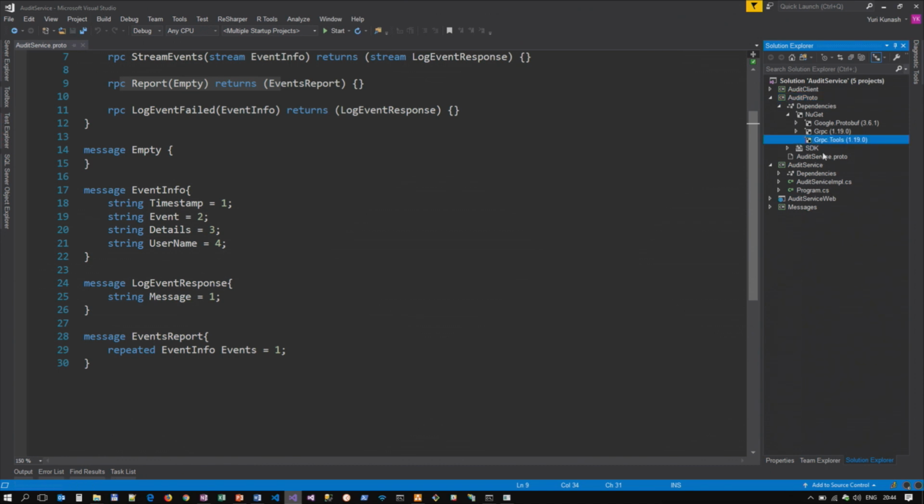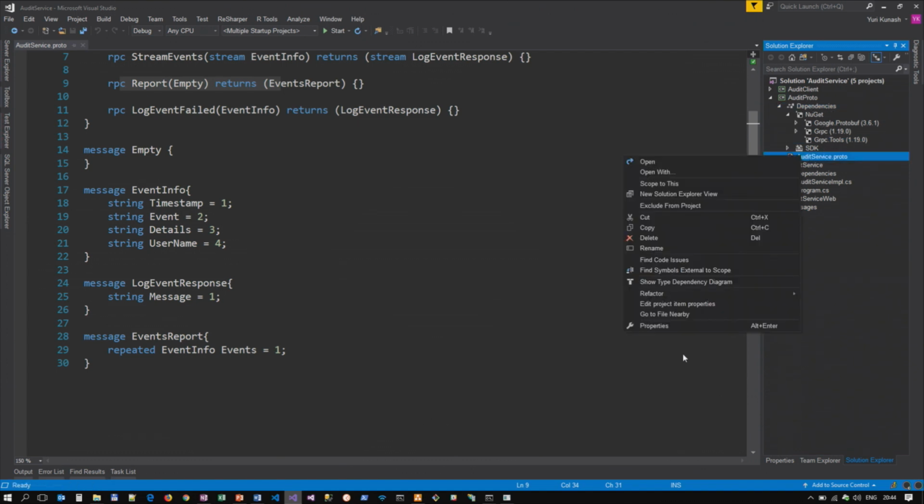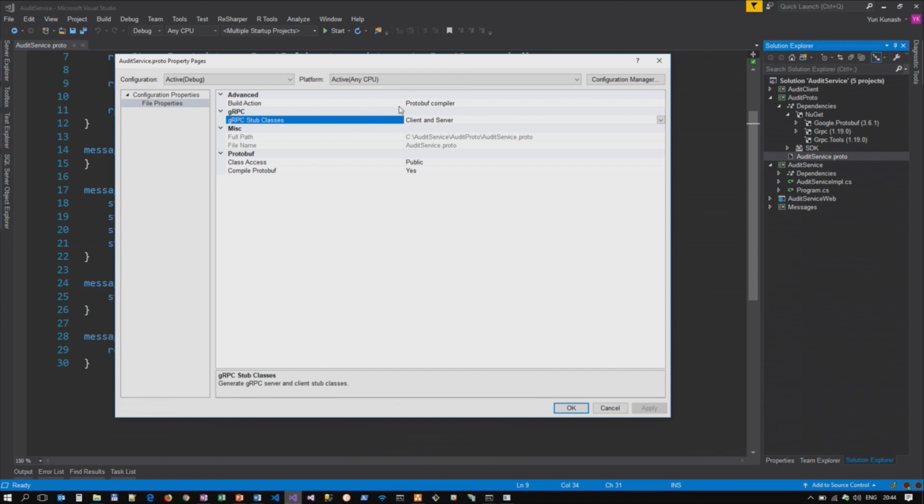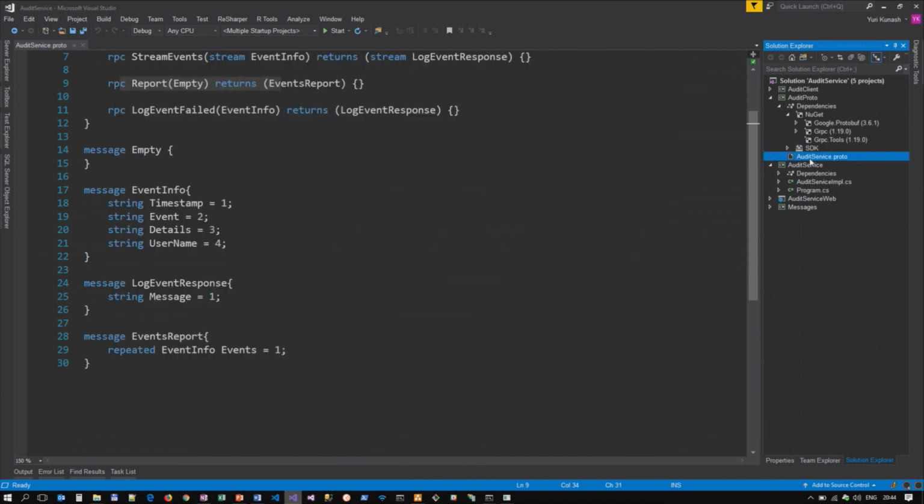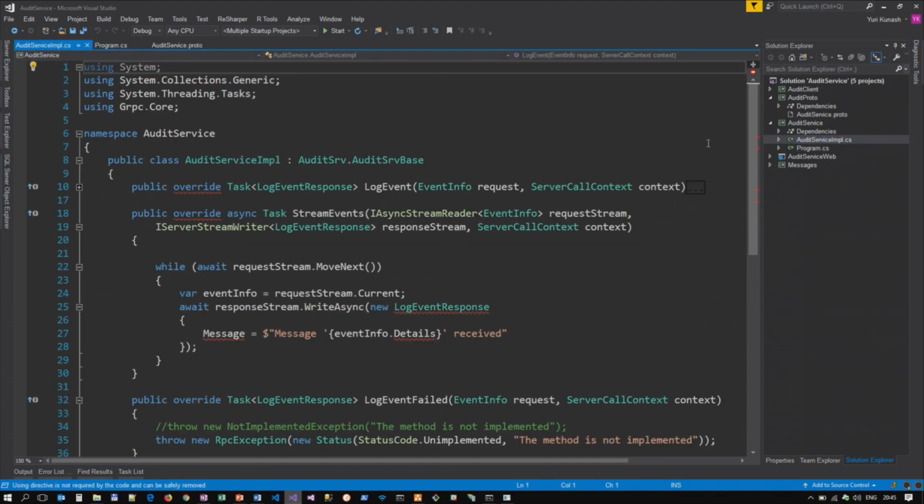It's enough just to install a gRPC tools NuGet package, and in the properties of the protofile specify that it should be automatically compiled by the protobuf compiler, and this protofile will be automatically compiled each time you build the application. After you compile the application, all these classes which we have seen on the previous slide will be created, and here's a sample of implementation